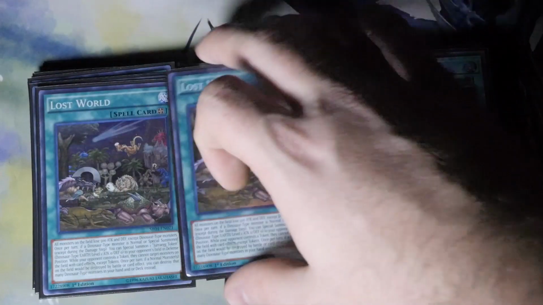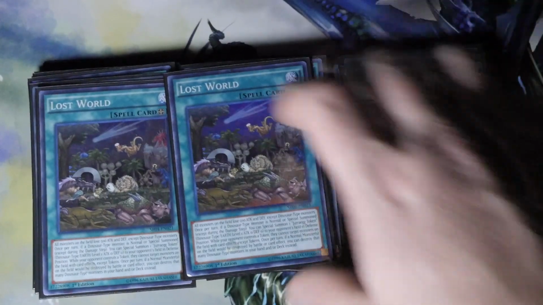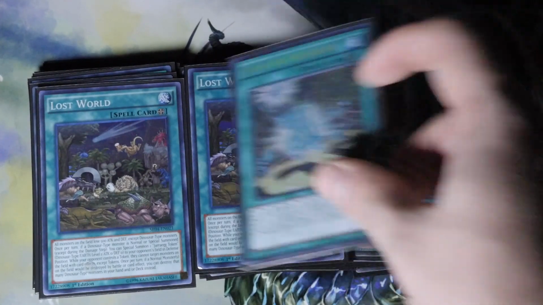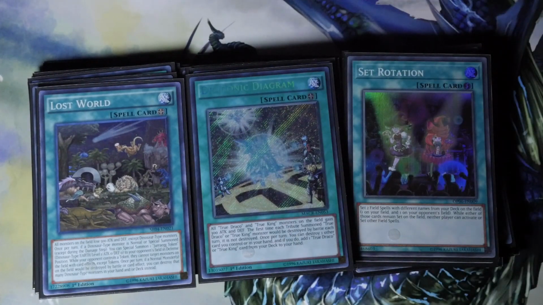Then for the field spells, double Lost World and a Terraforming, alongside a single Set Rotation and a single Dragonic Diagram. Diagram is obviously at 1, so it's Set Rotation. Lost World you could play at 3 arguably, but what I like about Lost World, and I still haven't got rid of this tech, is